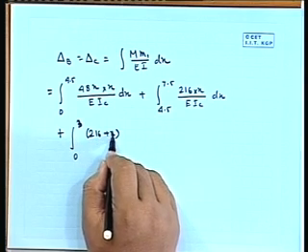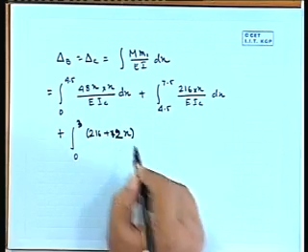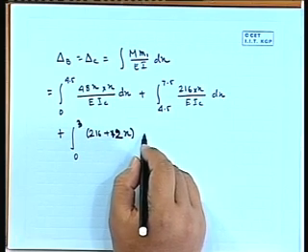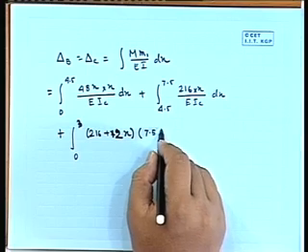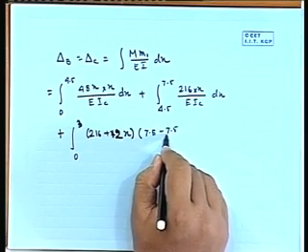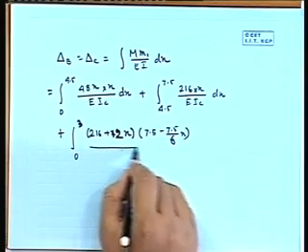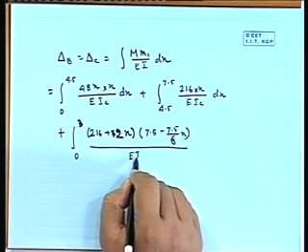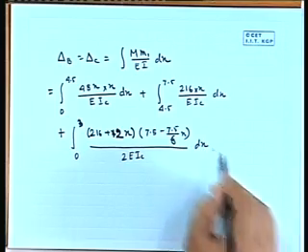So we can write 12x into, here it will be for unit load, 7.5 minus 7.5 divided by 6 into x. It will be EIC, it will be twice IC, so we have to put 2 dx